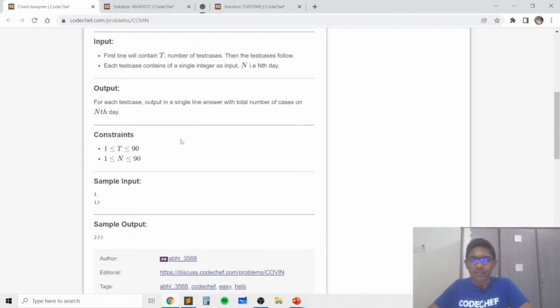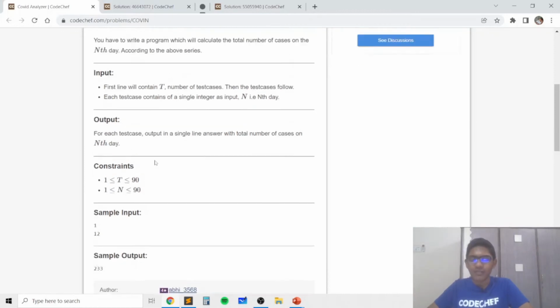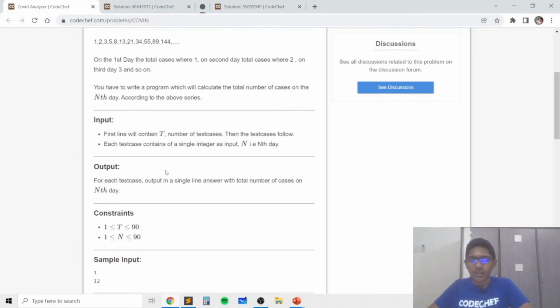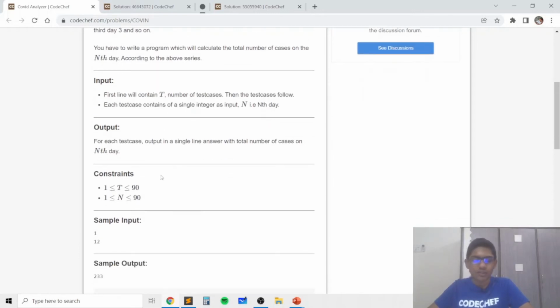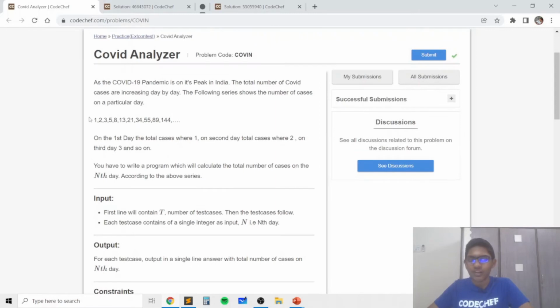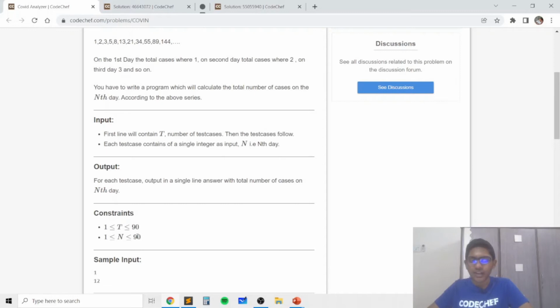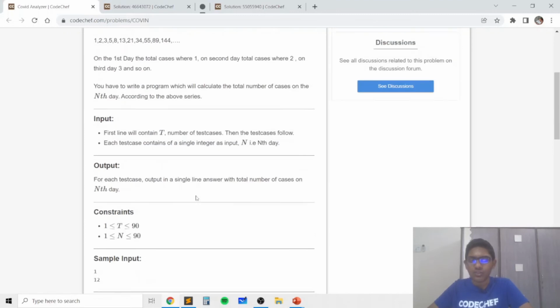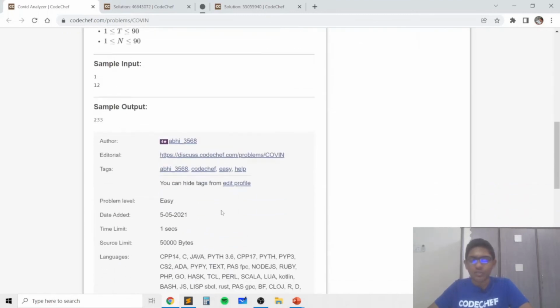And in general, for any n less than or equal to 90, we can find the nth Fibonacci number by simply iterating. For all i going from 1 to n, we can store an array called fib. Fib of 1 is 1, fib of 2 is 2, and for all remaining i, fib of i is equal to fib of i minus 1 plus fib of i minus 2. And this is called the recurrence for the Fibonacci series. And in this way, we can find in 90 operations the number of cases on the 90th day. And we can do this for 90 test cases, leading to a complexity of 8,100 at most, which will easily